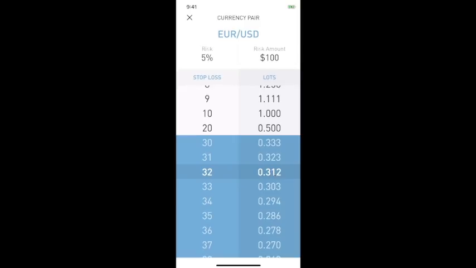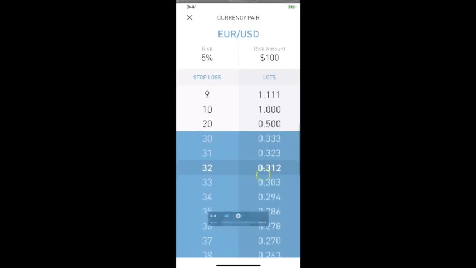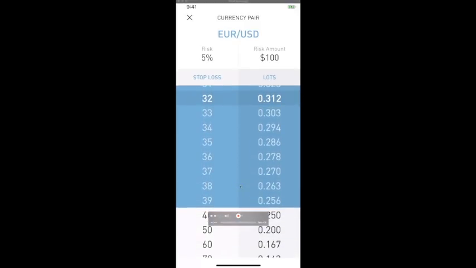When you're setting up for a trade, every now and then, for me personally, by the time my trade is getting ready, I notice I don't need 32 pips anymore. I need 37 pips, for example. I can simply just scroll down and go to 37 pips, and that's it. That's my new lot size now that I need to open up. I don't need to go to the original screen and reset everything and input all the numbers all over again. It shows me right here.